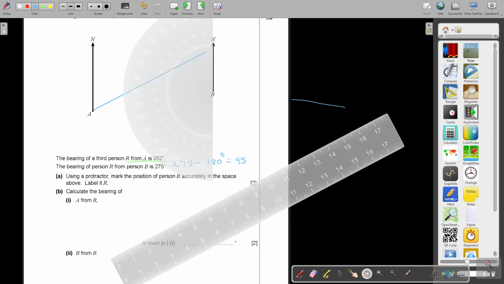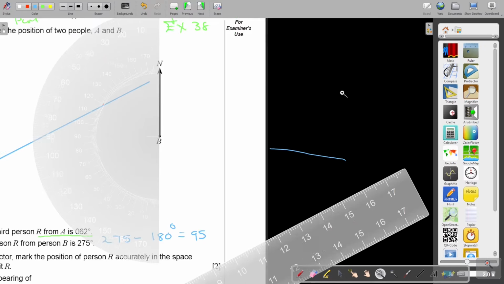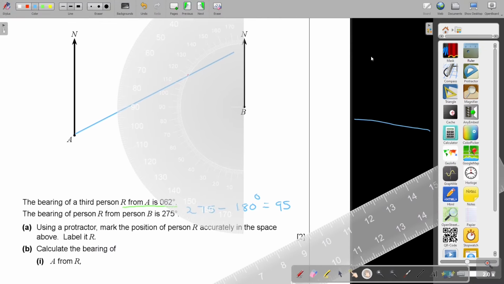So if I just move it a bit down again, look at the scale that starts with 0. If you look at this one, do you see it starts at 0, 10, 20. So there, I'm going to look now for 95. I'm going to make it just a bit bigger so that you see better. So the 95, according to me, is going to be exactly there. Did you see that?